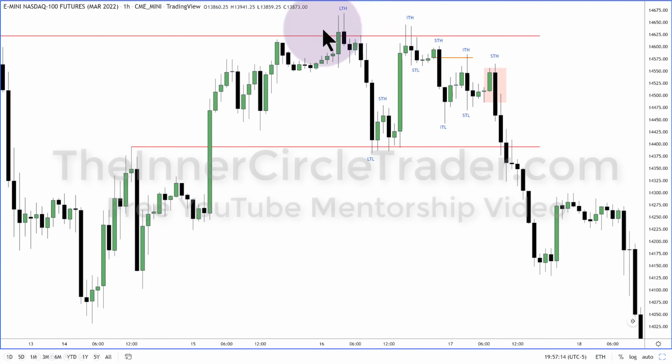Should it be broken to the upside, that means that my daily analysis, expecting this level here to hold price and to be a factor in the algorithm repricing and going lower at a later time, is wrong. If it goes above that, then I'm probably wrong in my analysis. So therefore, I demand more information by studying more price action and sitting on my hands. Or if I have a trade on, it means that I have to admit that I'm wrong, and the stop out that may occur is just me managing risk.